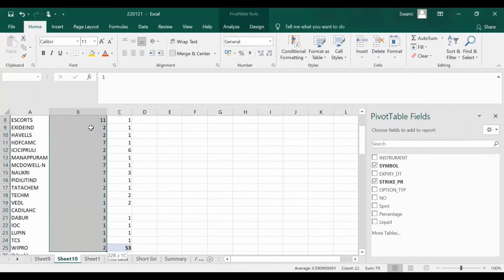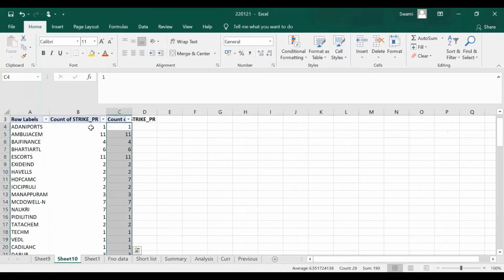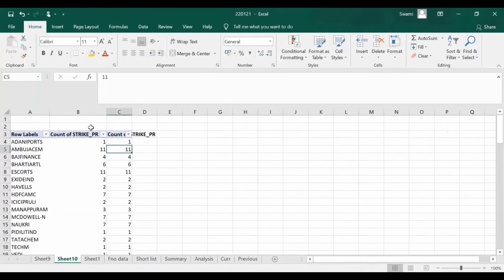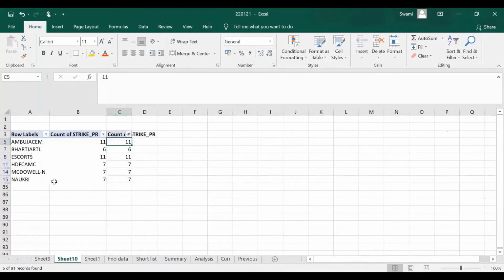So what you have here is, say, these are the 95 option contracts where there has been tremendous activity on Friday. Now let's focus on the top three. Say, you have got here Ambuja Cement, you have got Escorts, and HDFC is there, McDonald's is there, Naukri is there. Okay, so let's take for example, let's go to